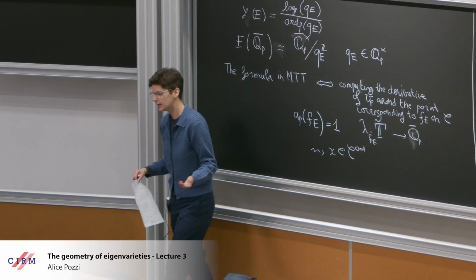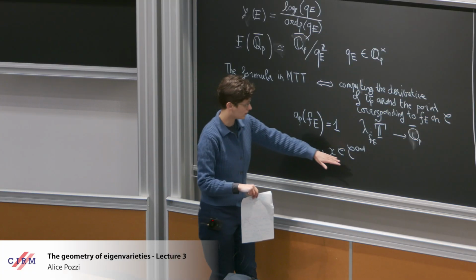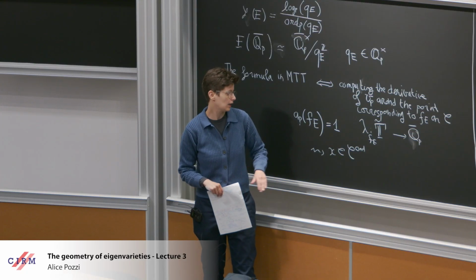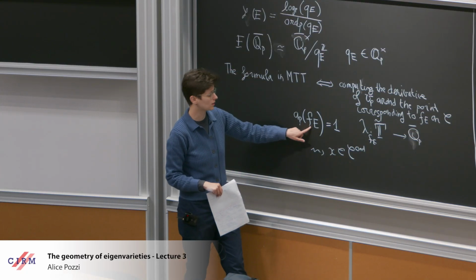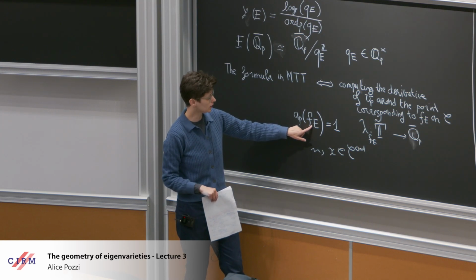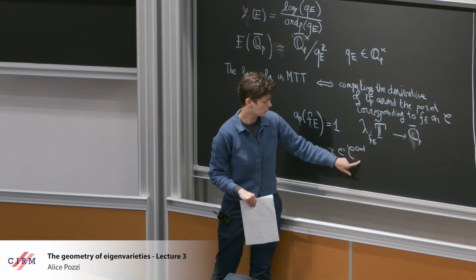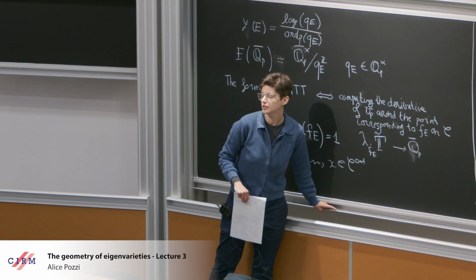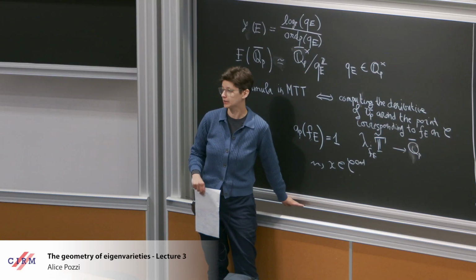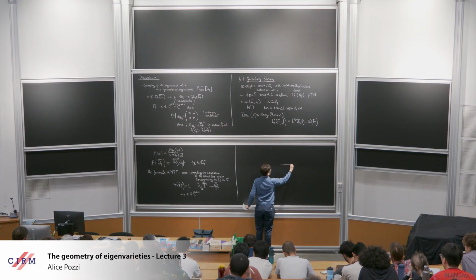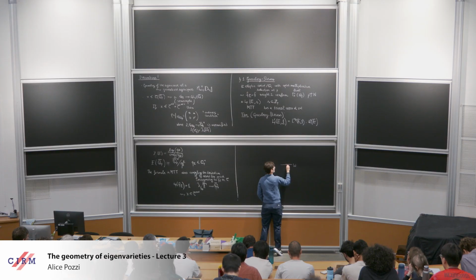And as we said, in this case the geometry of the eigencurve is a little bit easier. In fact, we are in a good situation because, as we said last time, here the weight is 2. We are on the ordinary part. This is a non-critical slope case. The eigencurve is actually étale at this point. So this is nice for us. And the local picture is going to be something like this. Weight 2, point above it.